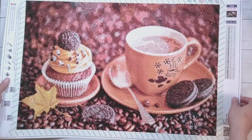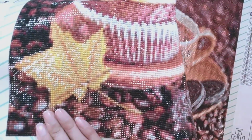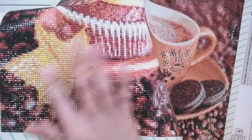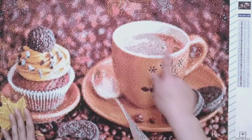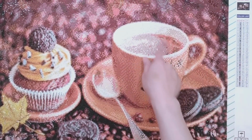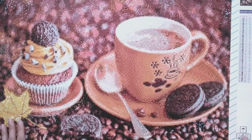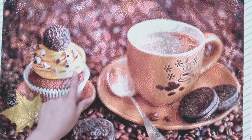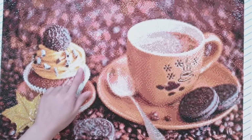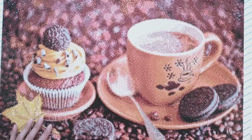So then I did bling this up. I put in some ABs in the leaf here, some yellow ABs. I added some ABs into the coffee, I guess, just to give it more of a bubbling color effect. I had another whitish AB in here, and I just added it to the frosting, and I added some of the yellow ABs into the frosting, and then I also added some silver